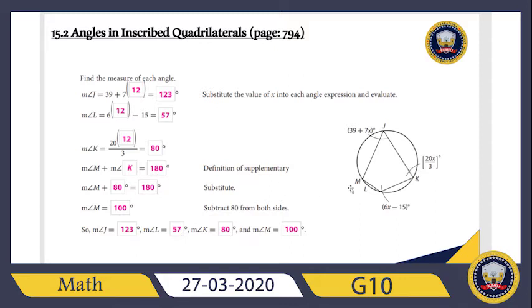Now, what about the angle M? We know that M and K are supplementary, so the measure of M plus the measure of the angle K is 180 degrees. The measure of K is already found, which is 80. I solve this equation, so I subtract 80 from both sides, then the measure of M is 100 degrees. So G is 123, L is 57, K is 80, and M is 100. All right,